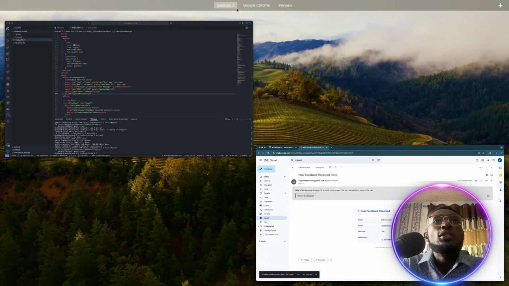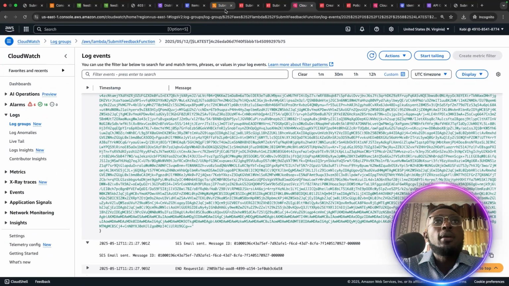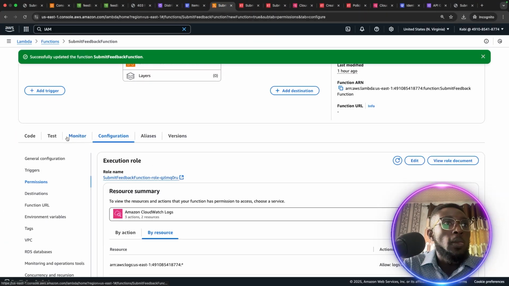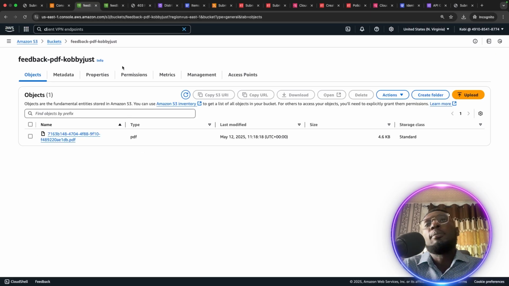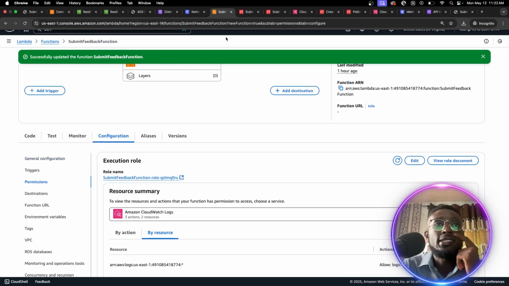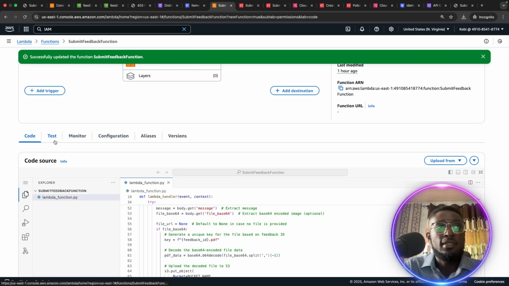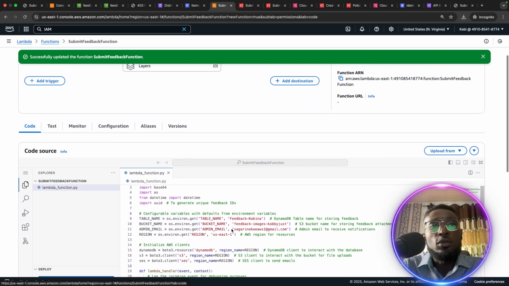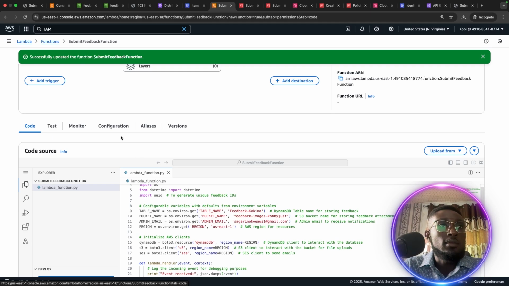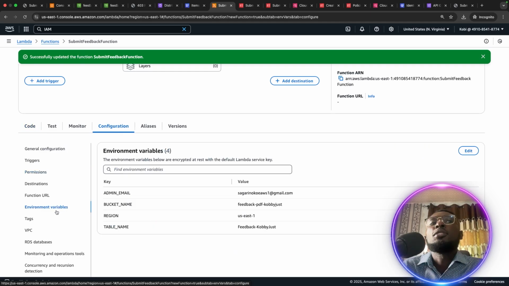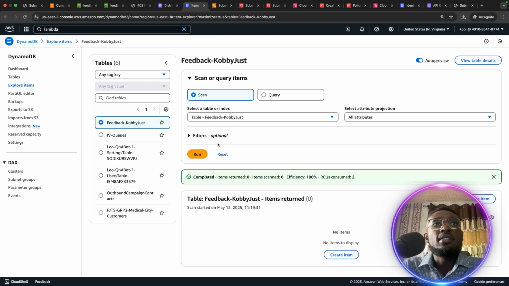So a quick recap on all that we did. Basically we started by creating a PDF S3 bucket, the feedback bucket, and then we proceeded to create our Lambda function. That is the Lambda function which is doing the conversion and everything. And then we went ahead to set some environment variables. So these are the environment variables. So you come into configurations, environment variables, and then we did set all those things up. We created our DynamoDB table,